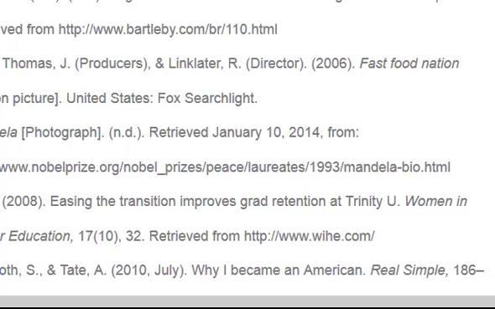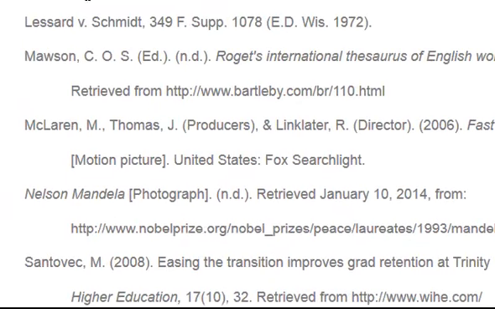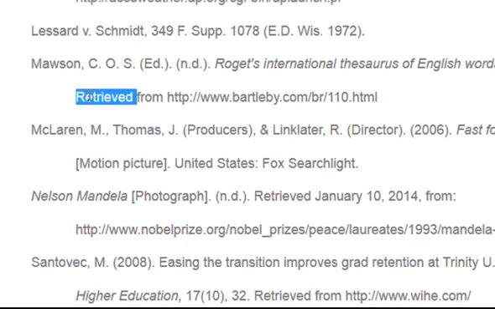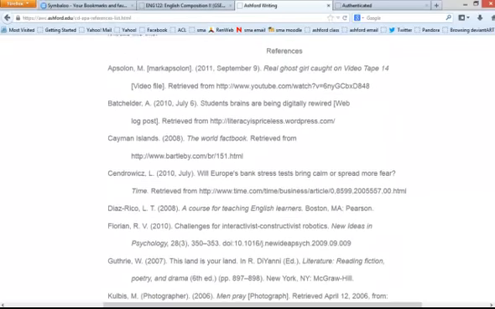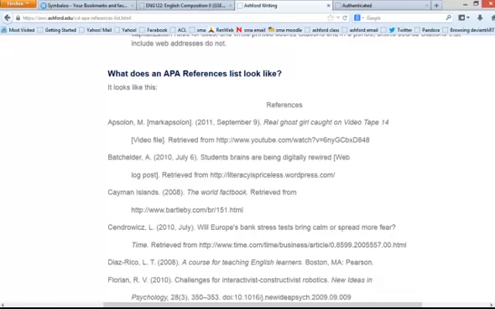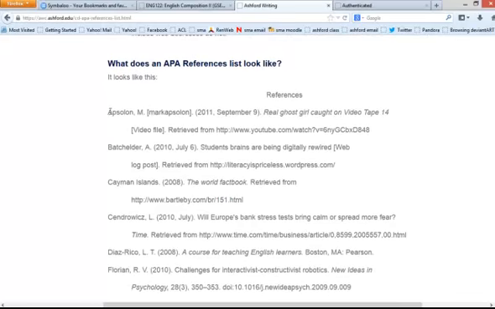Also, notice this sort of zigzag margin here. Guthrie, and then the next line is indented. Kulbis, then the next line is indented. Mawson, then the next line is indented. Your references page needs to have similar sort of indentations. It needs to have this sort of sawtooth looking left side to the page.